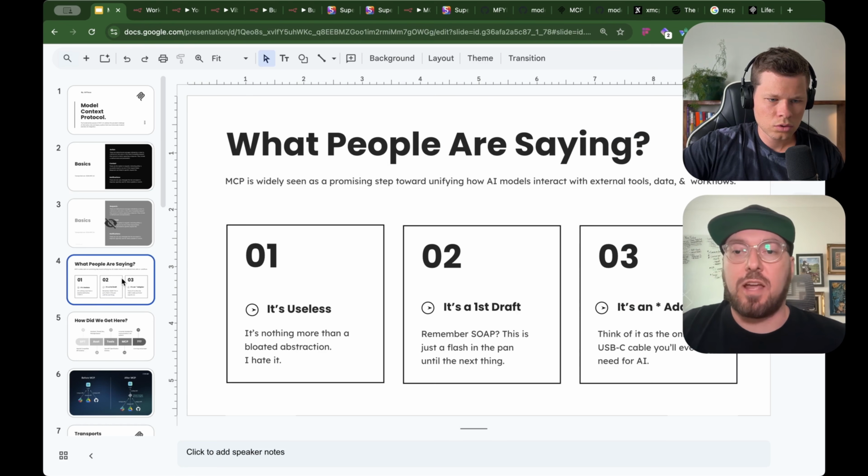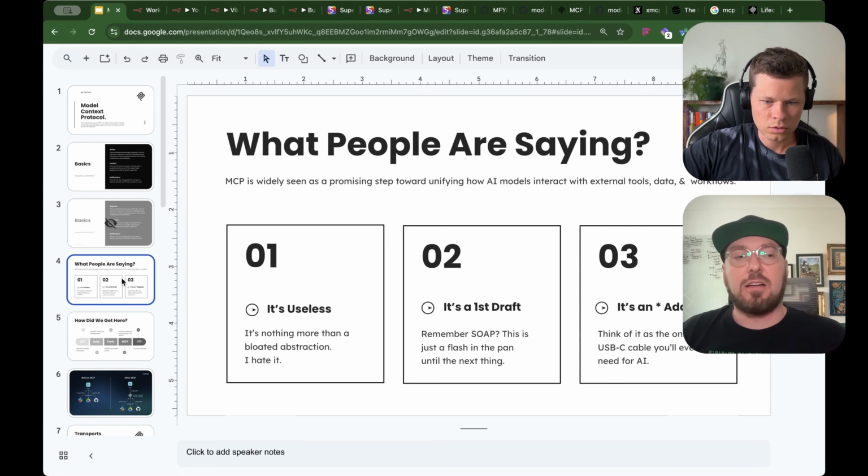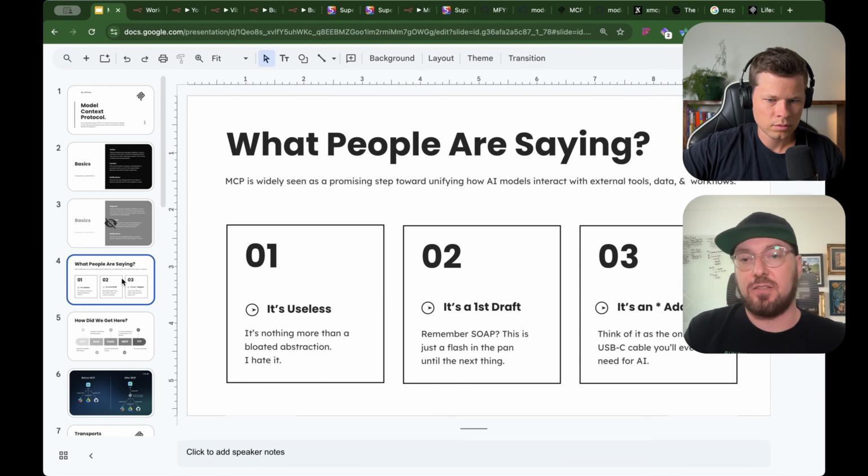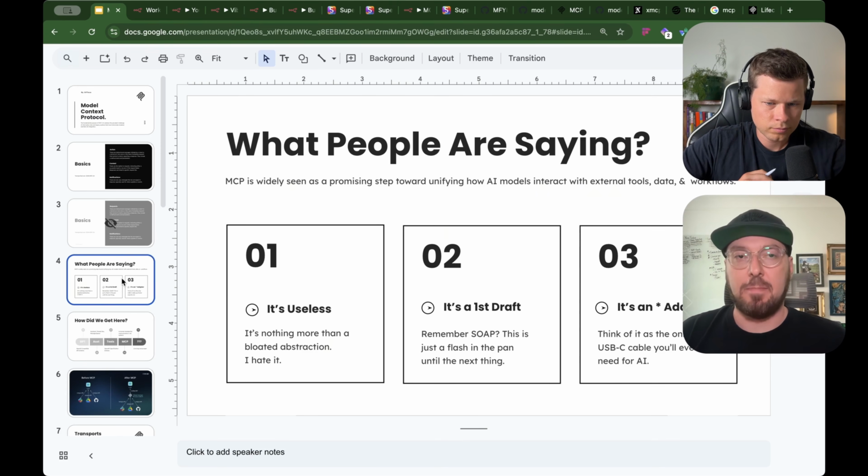So, when I think about MCPs, there's a lot of different things that are being discussed in the space. And I see it as three different areas. And the first is, MCP is useless. And I see this a lot when it's fairly technical, like, why would I use an MCP when I can just as easily use an API? And we'll go through some of the scenarios of what that looks like, right? But basically, an MCP is a universal way for us to communicate into an LLM